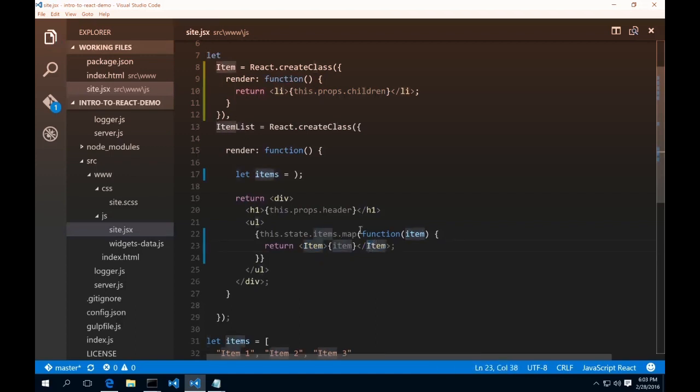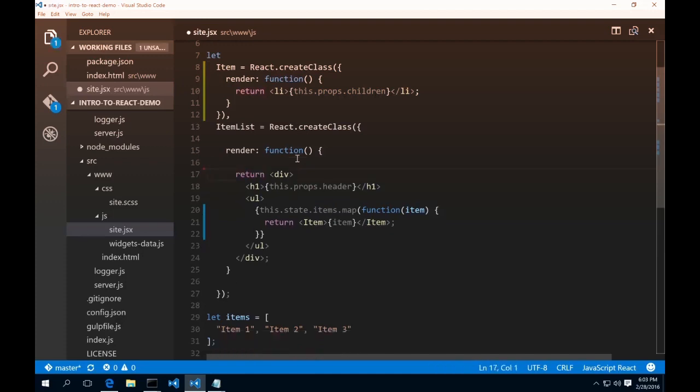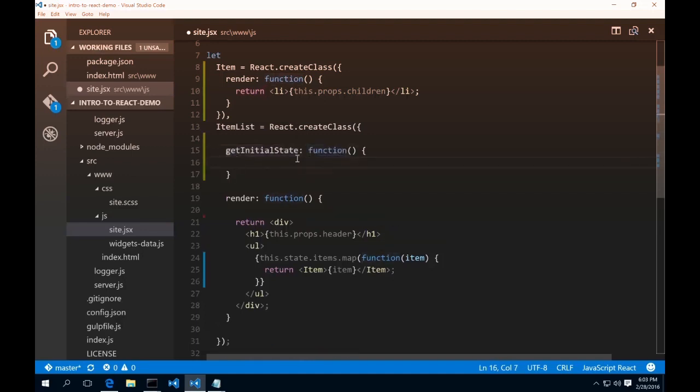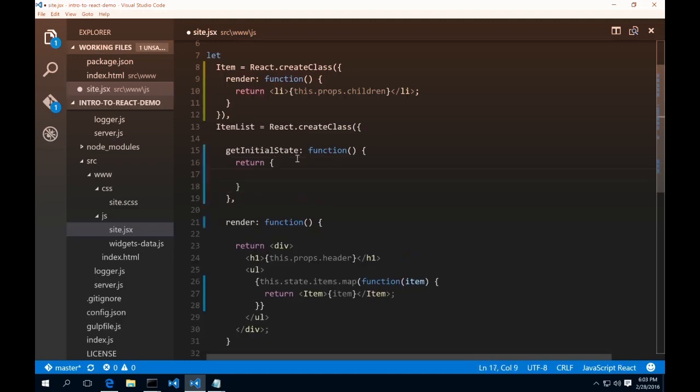There we go. And now we're going to come up to here and we'll delete that. And we're going to come up here and create a function called getInitialState. This is actually a built-in function in React. The purpose of this is to initialize the state when the component is first created. So you return whatever you want that state object to be. In this case, we're going to set up our items on it, and we're going to say our items are